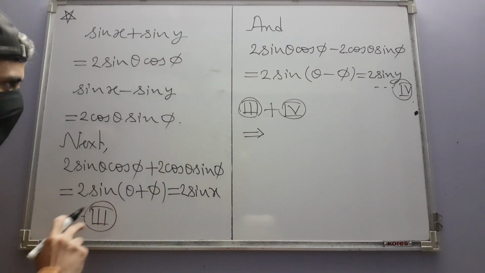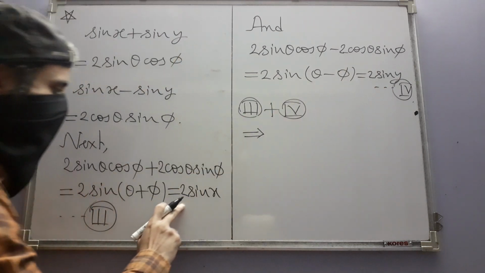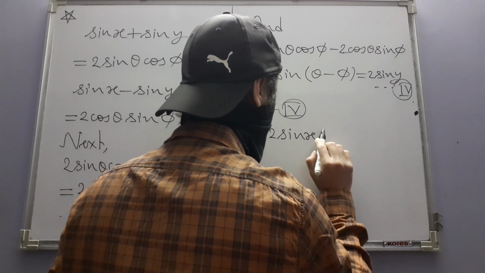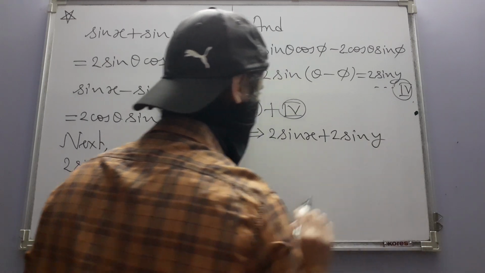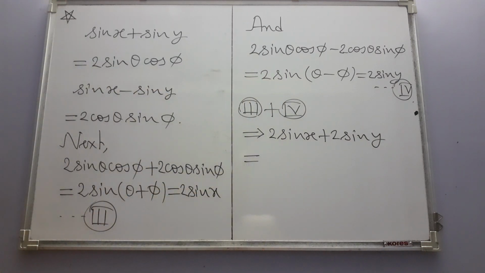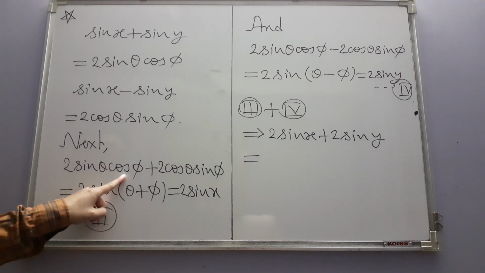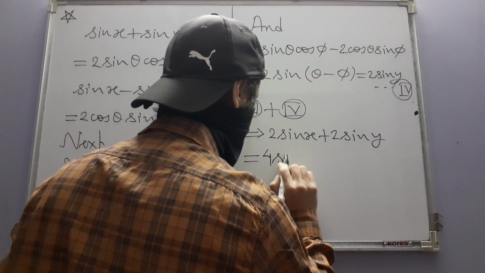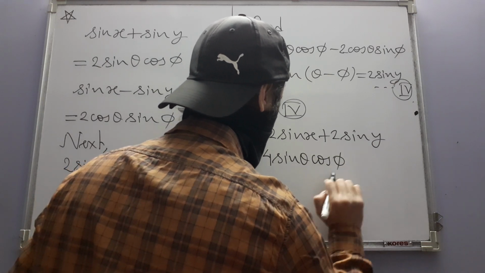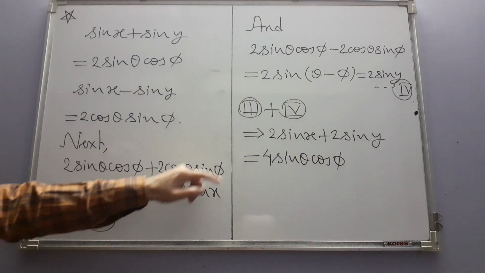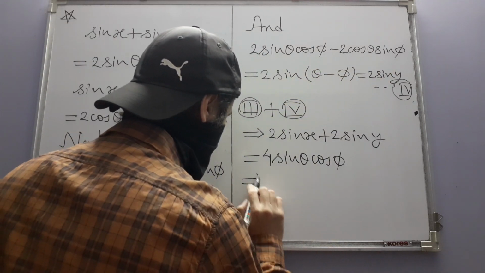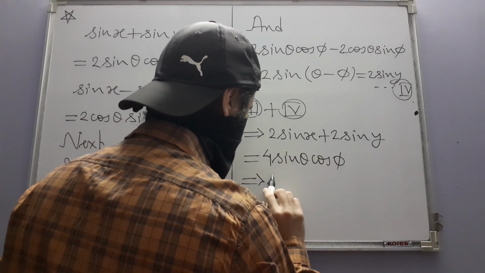So this time also we will write the sin x and sin y terms on the left hand side. And let's see what type of cancel. Here also there will be a cancellation. 2 sin theta cos phi plus 2 sin theta cos phi will give us 4 sin theta cos phi. And 2 cos theta sin phi minus 2 cos theta sin phi will cancel out. And that's why after we cancel 2 from both sides,